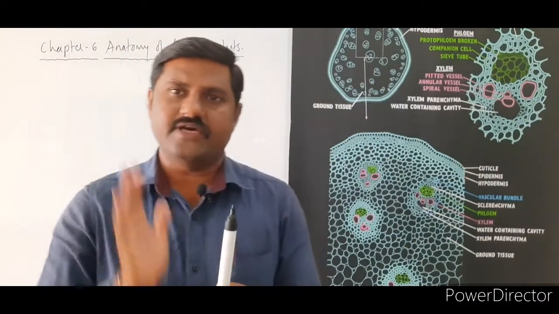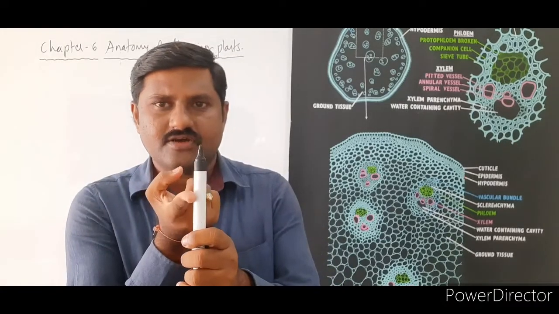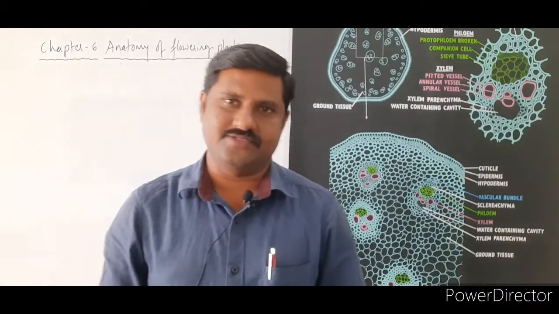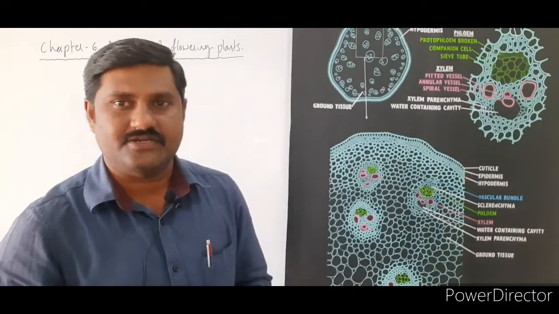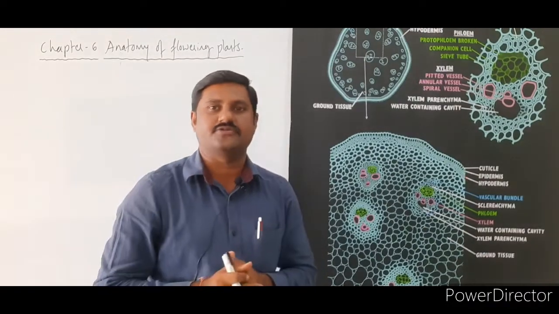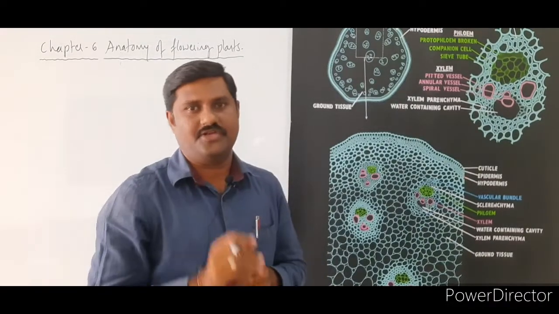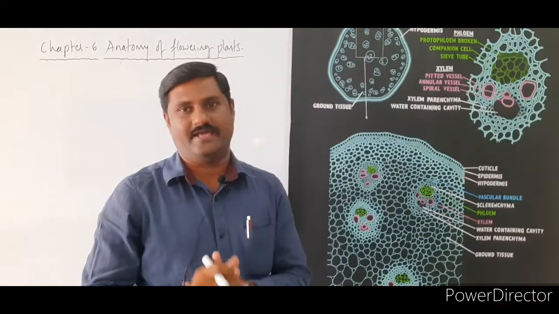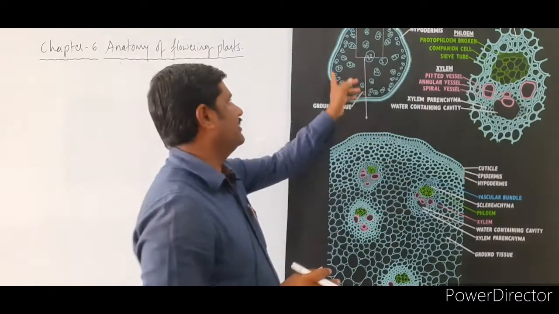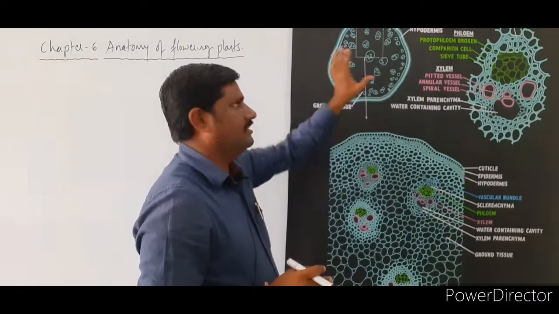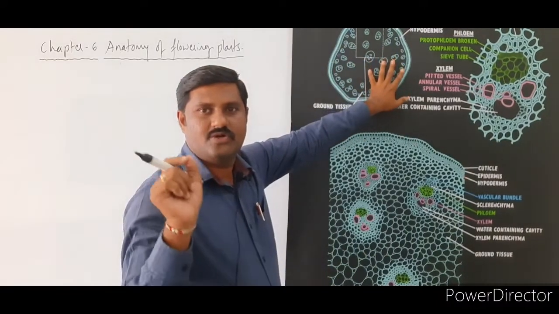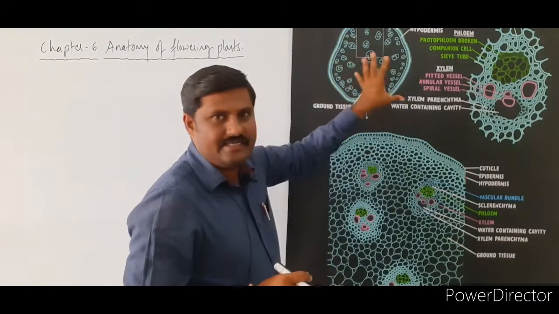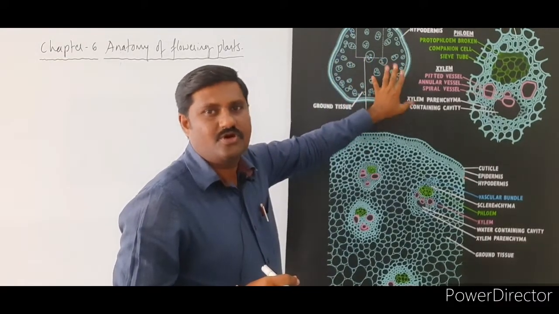Whenever you take the thin section or the cross section of this stem, you will find it, and that thin section, whenever you see it under the microscope, looks circular in shape. The same is called the ground plan, right? The same thing you are observing here. It is circular in shape. It is a thin section of what? The monocot stem, right? So you are observing here the entire ground plan of this monocot stem.